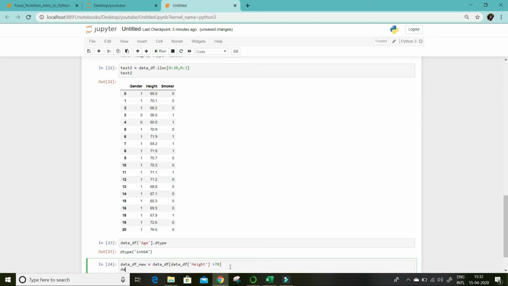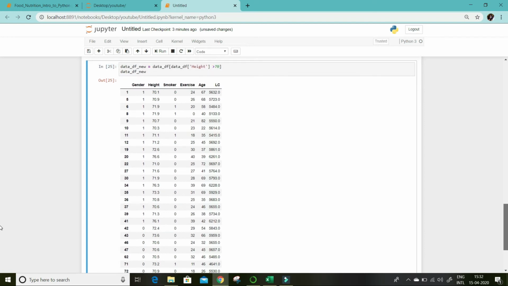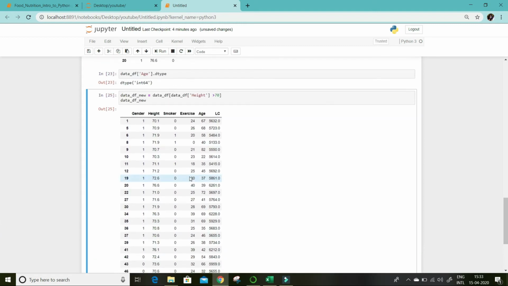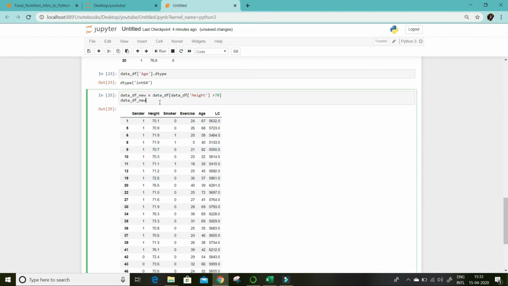Let's see that data set now. If you see this data frame now, it has taken all the columns, but the number of rows has reduced, and it has height greater than 70 only. Let's see the shape also of this data set.